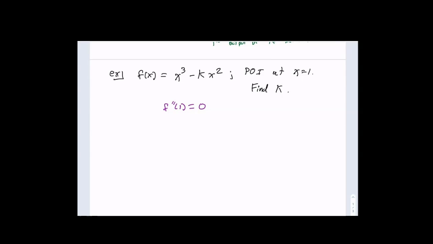All right. As was noted, let's find the second derivative. Well, we'll find the derivative first. So f prime of x equals what? Three x squared. You think that's the whole derivative? There we go. Minus 2kx. So that's the first derivative. But we need the second derivative, so we're going to go to f double prime of x. So the second derivative is